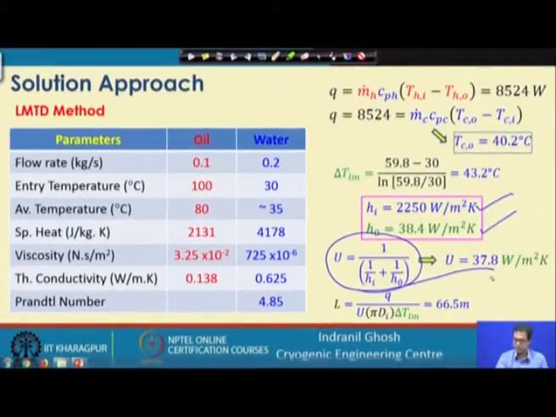So, from there we found the length of the exchanger, and it came to be 66.5